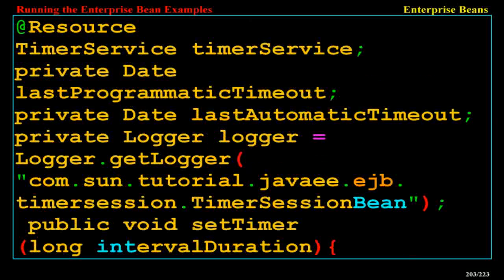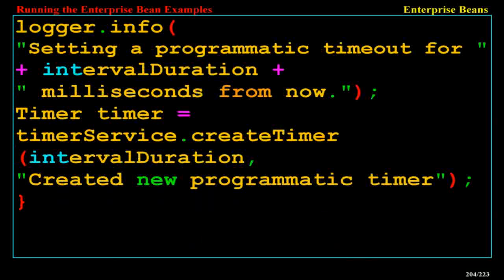@Resource TimerService timerService; private Date lastProgrammaticTimeout; private Date lastAutomaticTimeout; private Logger logger = Logger.getLogger("sun.tutorial.java.ejb.timersessionbean"); public void setTimer(long intervalDuration) { logger.info("Setting a programmatic timeout for " + intervalDuration + " milliseconds from now."); Timer timer = timerService.createTimer(intervalDuration, "Created a new programmatic timer");